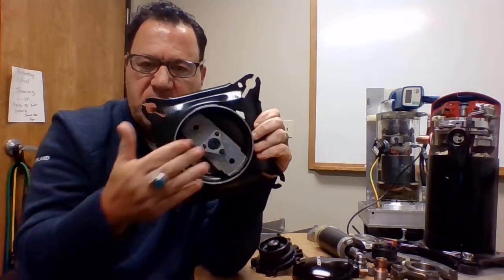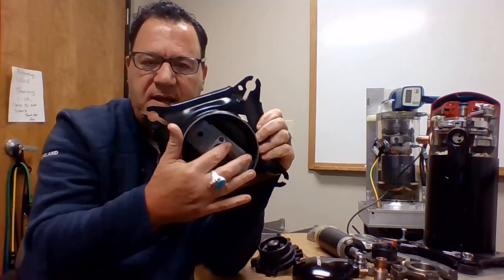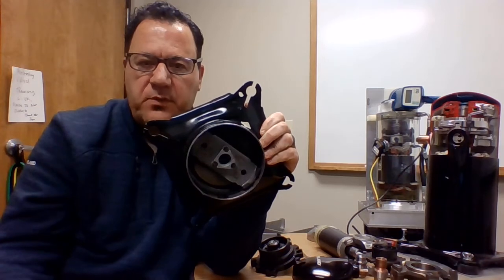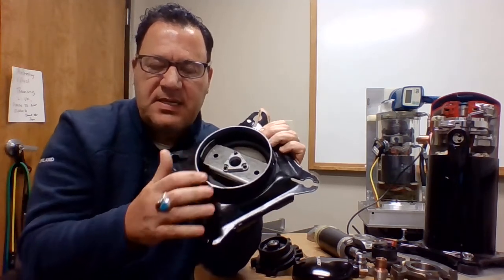So first of all, I'm going to start out with the base there. What you're seeing there is what we call the lower bearing. That right there is where the shaft will sit down inside. That lower bearing will be submerged in oil at all times. Something you can't see here is you're going to see